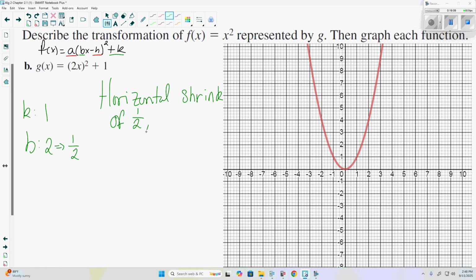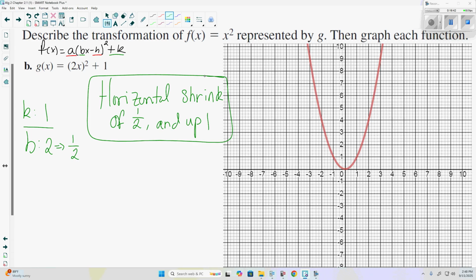Questions on this here? So we took that 2 and flipped it because the denominator is 1. So when we flip it, it becomes 1/2. If it was 1/2, when we flip it, it's going to become 2. K tells us we move up or down, and we're going to go how far? 1. This is a horizontal shrink of 1/2. So it's going to get skinnier